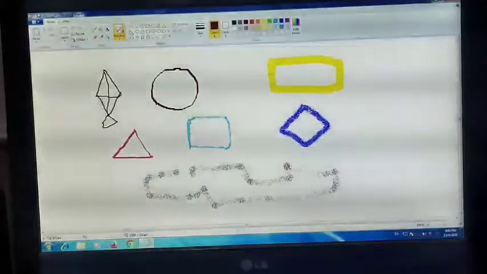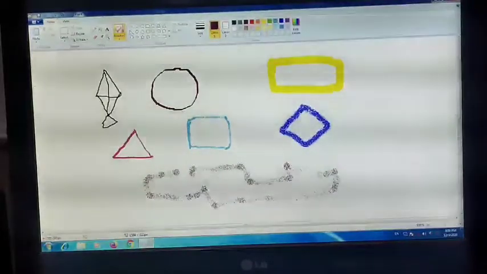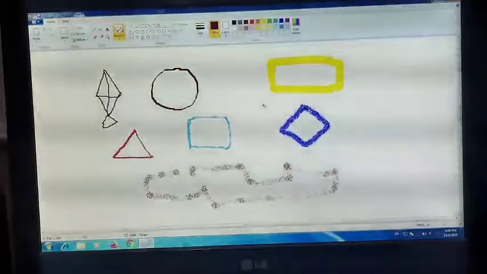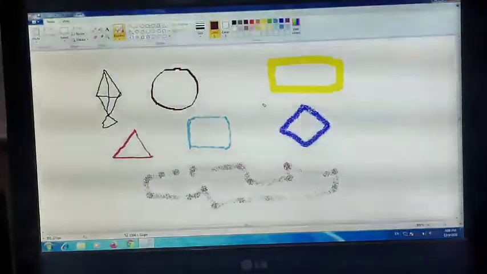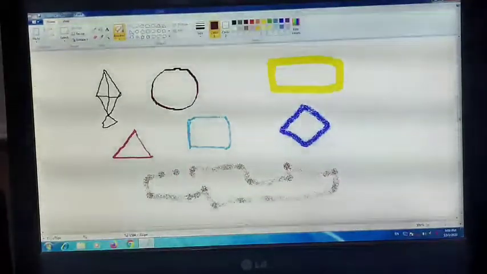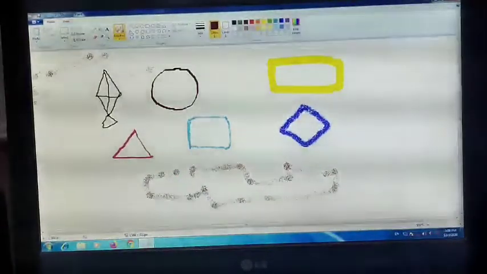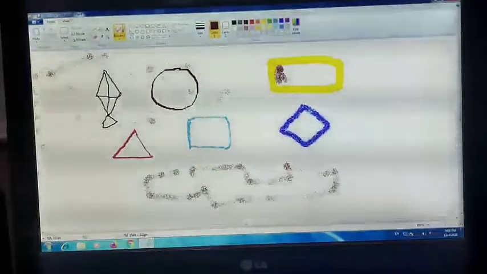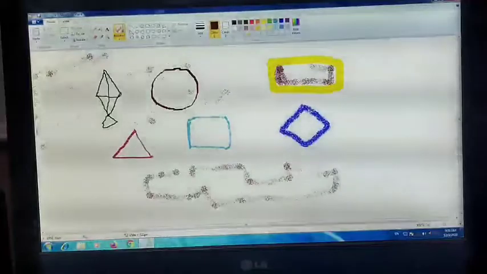Move the mouse pointer onto the drawing area. Now we have come into the drawing area with the brush, and click the mouse button on the area where you want to spray the color. Now wherever we want to spray the color, we will do it like this. We want to spray like this. If I want to fill this, I will do this. I will press it and it will be done like this.